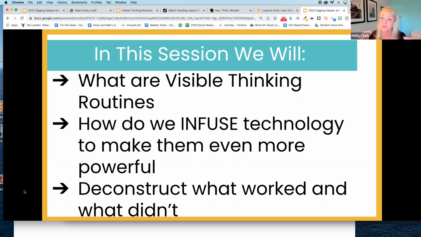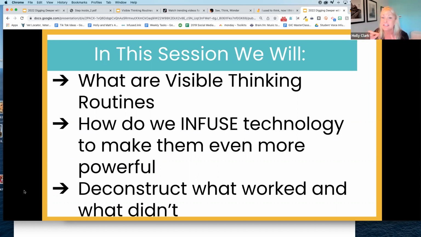And so what I've been doing with teachers lately, and I'm going to do it with you, is comparing the analog and the digital and having them discover for themselves how much more powerful one is over the other. And so that's what we're going to do today. I want you just to experience it the way teachers need to experience it in order to have that change, in order to make that shift.